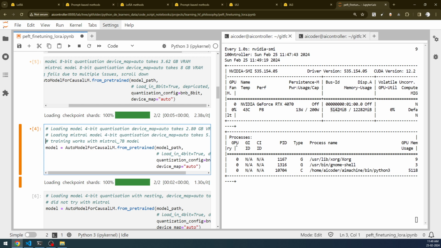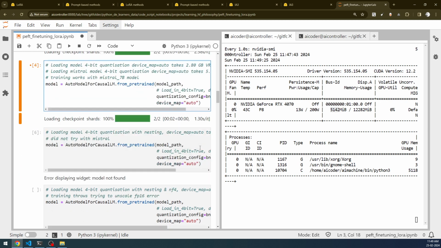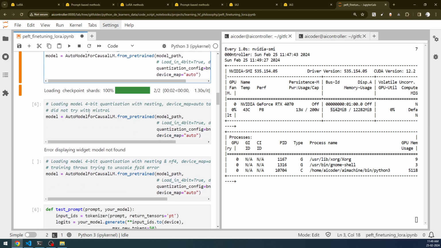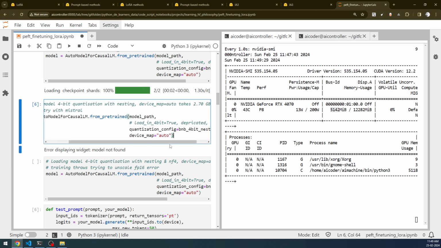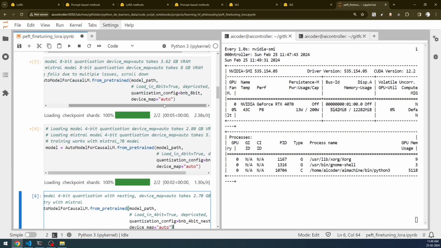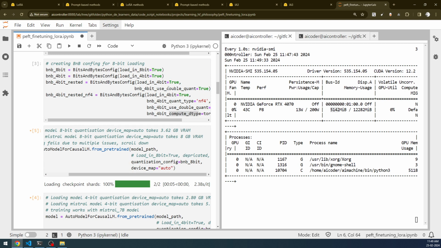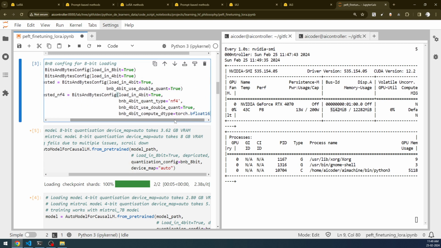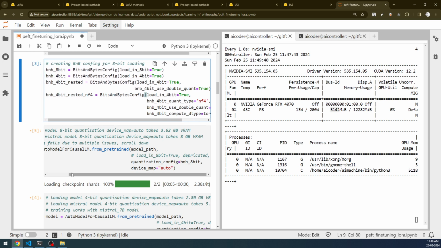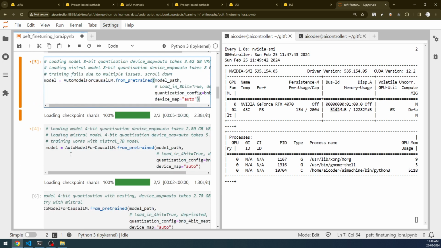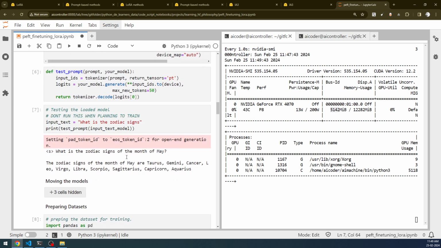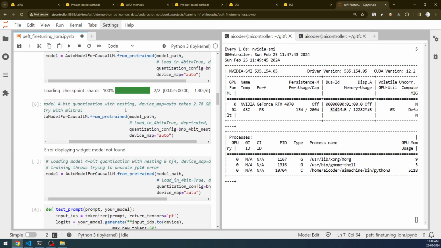as you see here, I have already made a note here that training works with the Mistral 7 billion model. So with 4-bit, yes, it works. If you try to load the model by using any other way of quantizing, for example, if you use double quantization, or if you use this compute dtype torch bfloat16, a very cryptic error gets thrown. So let me scroll down. Let me continue